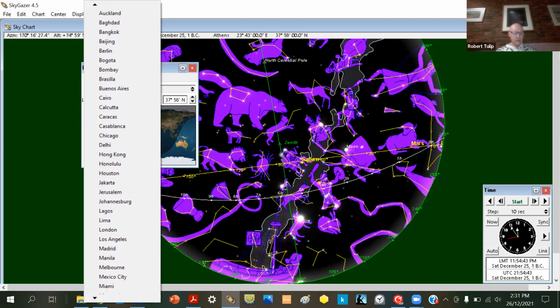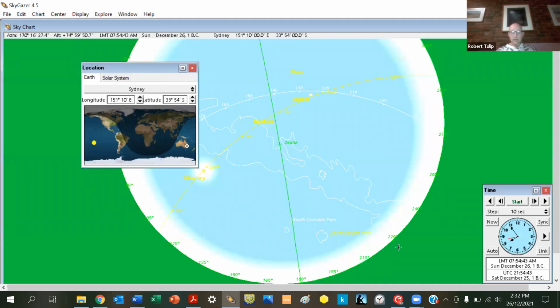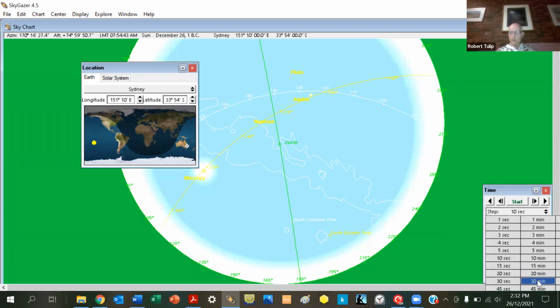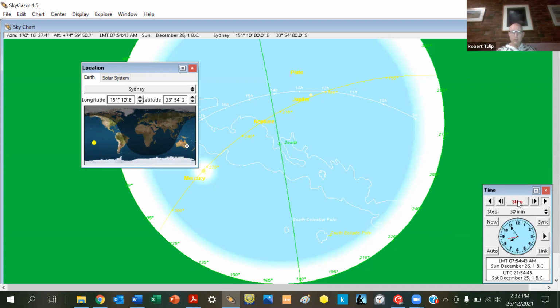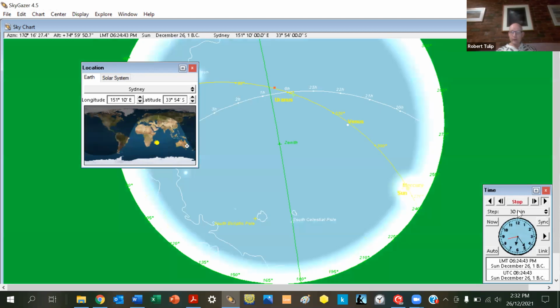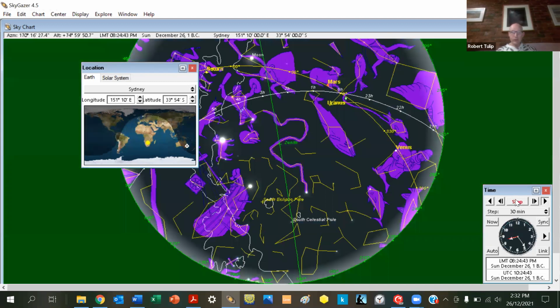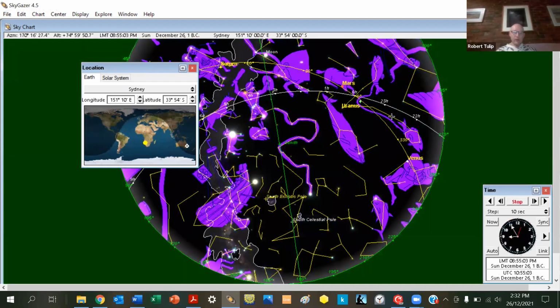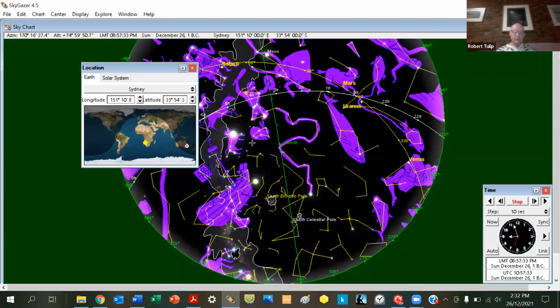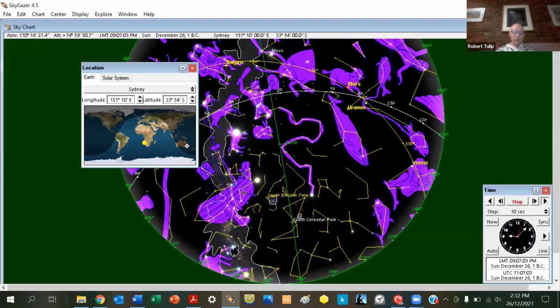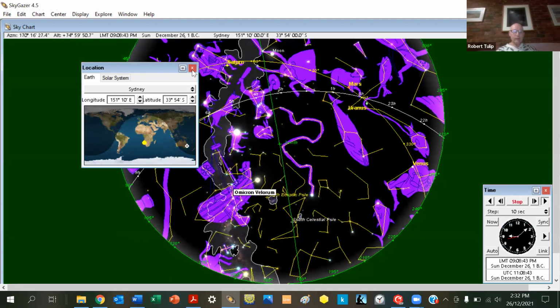Sydney, just to see what it's like from where I live in Canberra in Australia, but Sydney's the nearest big city. It's the middle of the day here, so we'll just change the time quite quickly, and well, there we are. Okay, and now we'll go back to our 10-second speed, and this is what we see from here in Australia. As Orion's belt moves up, we see the constellation of Argo very clearly from here in